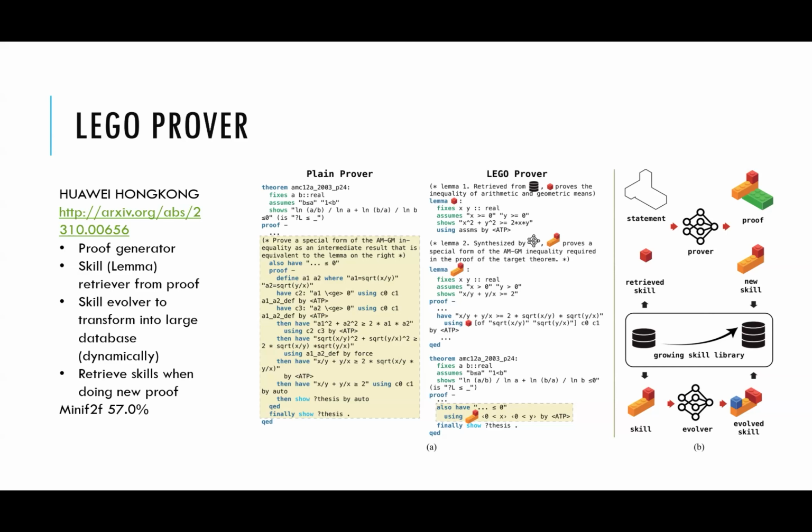So it is called Lego Prover. But one known limitation of this prover is that it may retrieve too many fractioned lemmas from the database, but it does not know which lemma is important or which lemma is mathematically beautiful to use. So if there are two lemmas for the model to use, the model will not know how to combine these lemmas into a full proof. So this prover has its own limitations, but it also sets a very good example of how to overcome the knowledge limits of a